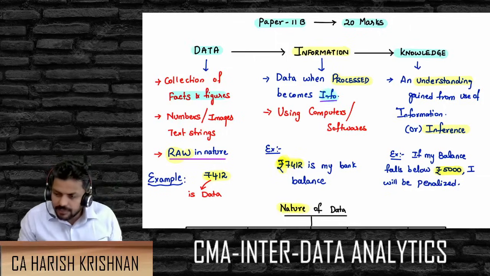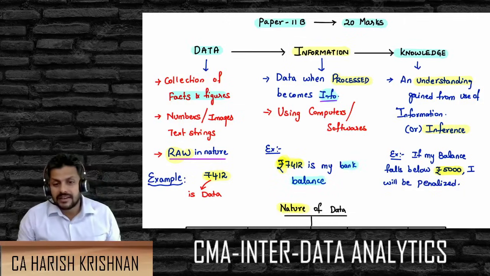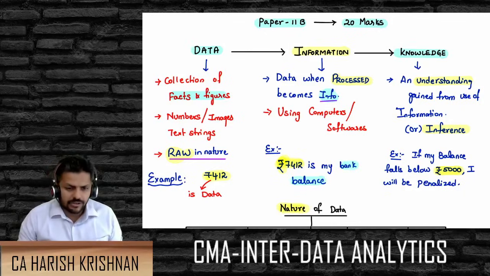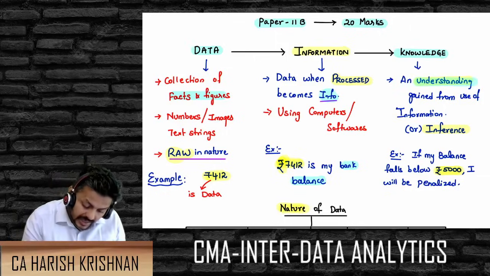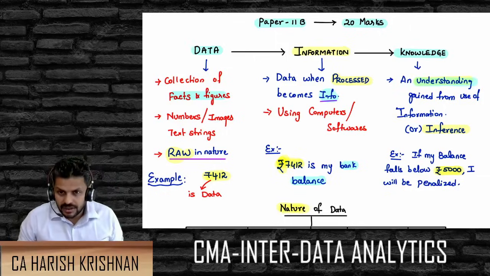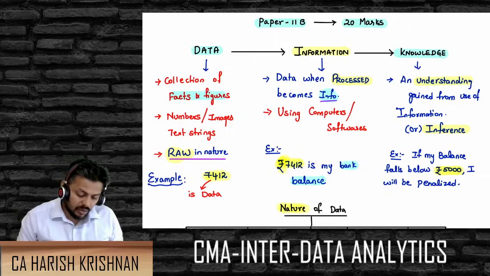Now you can use computers and software to do this exercise. So knowing the fact that 7412 is not a random number, but it is my bank balance, then it is called information, knowing the fact that yes, this is my bank balance. But if you go one step even beyond that, using that information to gain something out of that, where you can make an understanding or an inference, an understanding gained from the use of information, and also if you are getting any inference, meaning an understanding that you make out of it,